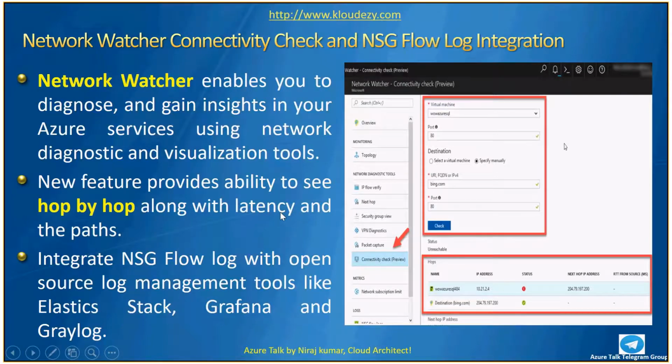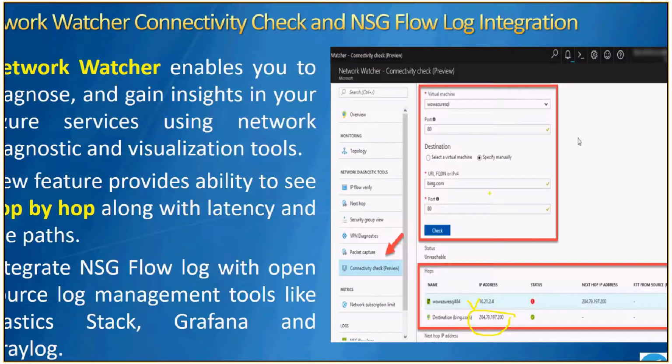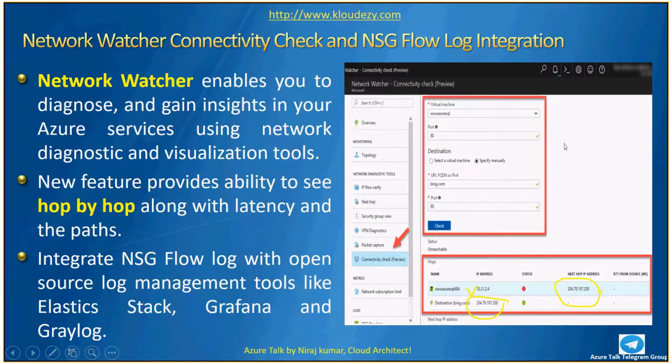As per the screenshots which you have seen, the virtual machine is trying to reach bing.com on port 80, and if you see down below, it shows what is the next hop for that particular packet. So that's where Network Watcher comes into the picture, and it's a very helpful tool where you can see the connectivity, whether it's reachable, at what hop it's getting dropped, and why it is getting dropped. It's a good feature to enable in any sort of packet flow to capture it.